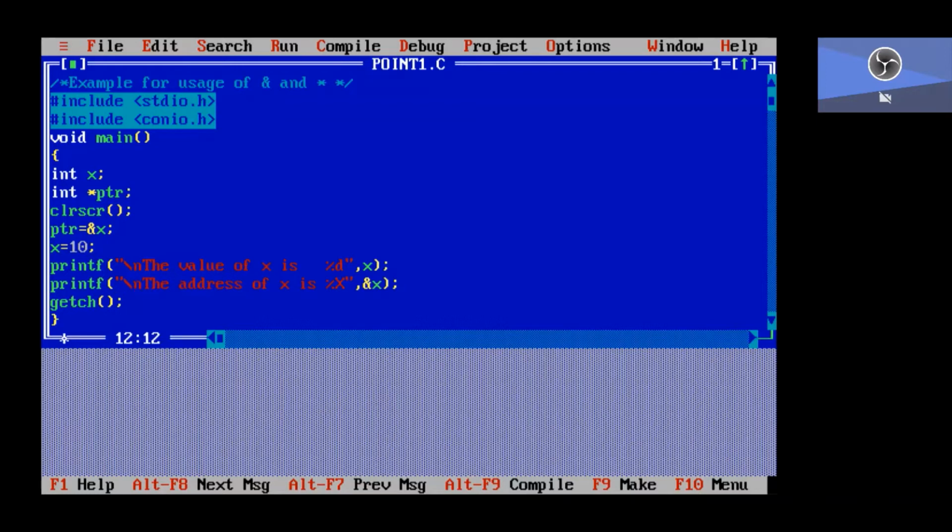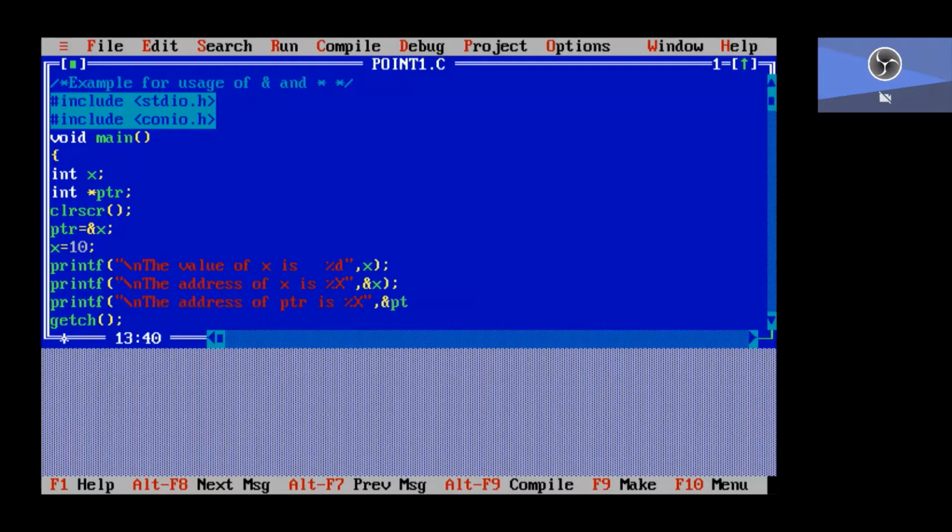Now here printf \n, the address of ptr is. ptr is also a variable, so some memory is allocated for that variable.